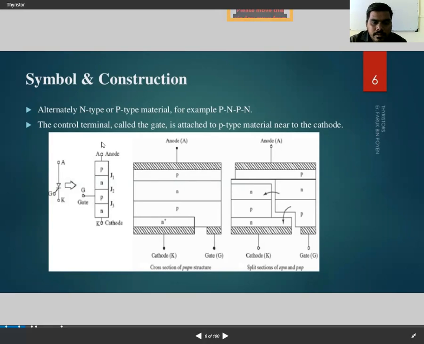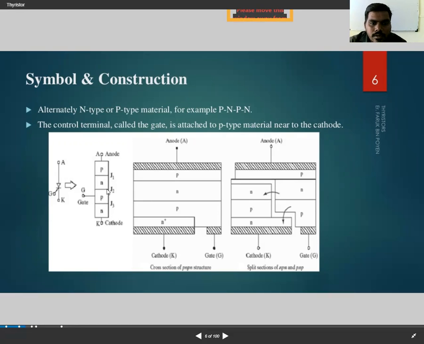This is the basic structure. Here you can see the anode, gate and cathode terminals, and there are four layers of semiconductor: P layer, N layer, P layer and N layer.